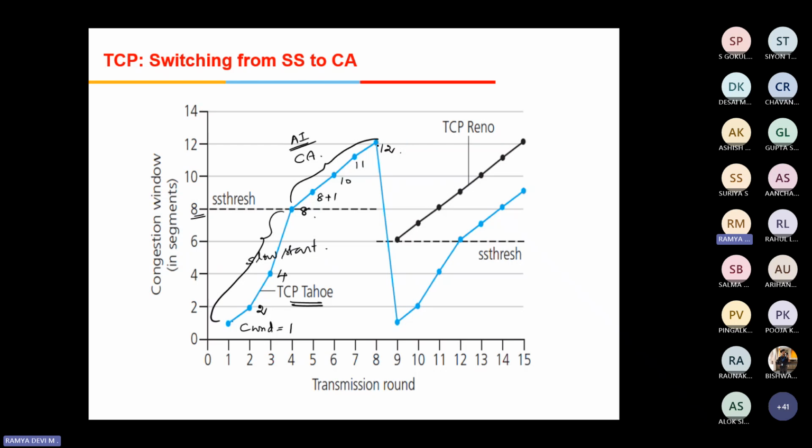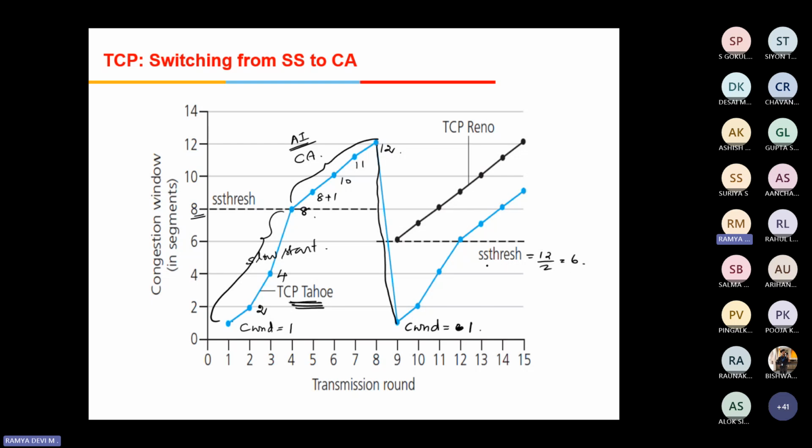Okay, I'm not getting an acknowledgement for 1 or 2 packets. So immediately what TCP Tahoe will do is drop the congestion window and reset the congestion window to 1, and it will start again. And once it gets reduced, half of the window will be set as the threshold value. So my congestion window size is 12. Window size divided by 2, that is 6.